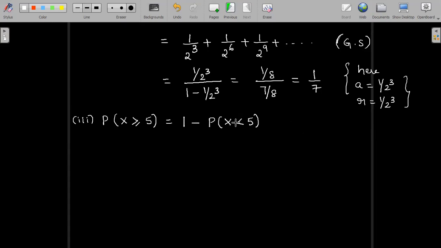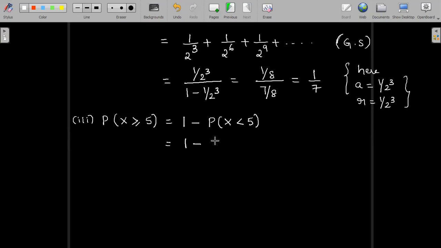By probability definition, we know that if P represents the probability of success and Q is the probability of failure, P plus Q is always equal to 1. So keeping that in mind, success can be written as 1 minus failure. So whenever I want to know x greater than or equal to 5, it can be negated or subtracted from 1 and written as 1 minus the probability of x less than 5. Here it was the greater than or equal to symbol. That is why on the right hand side, when we are negating it, it will be less than 5 only. So this can be easily worked out now.